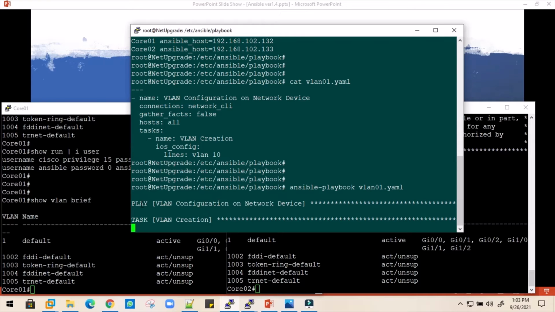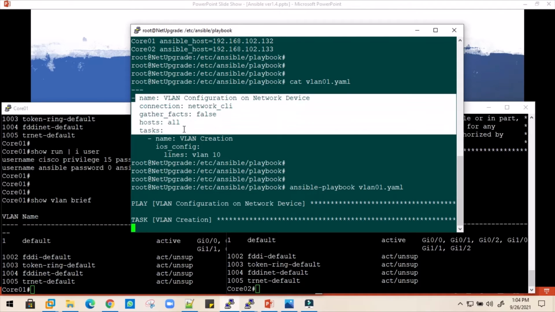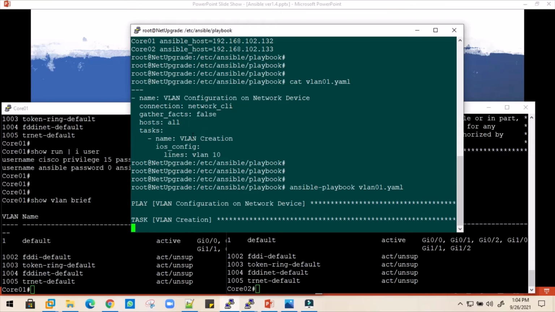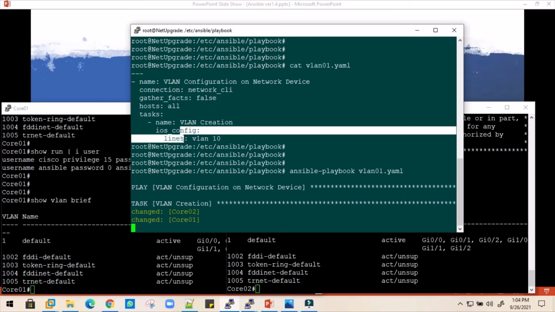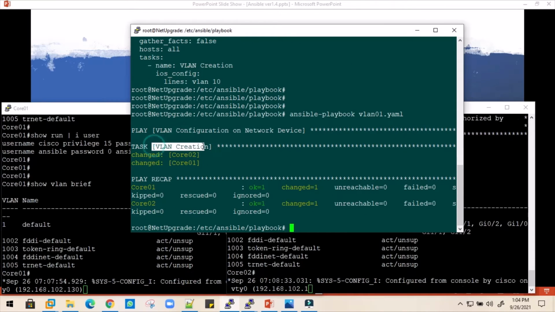Now you can see the play is executed, whose name is VLAN configuration on network devices. As we do not have anything to capture in this play, it starts executing the task named VLAN creation, and it performs the action on core switch 2 and core switch 1, which is successfully done.